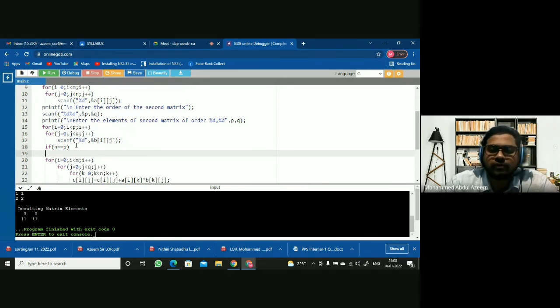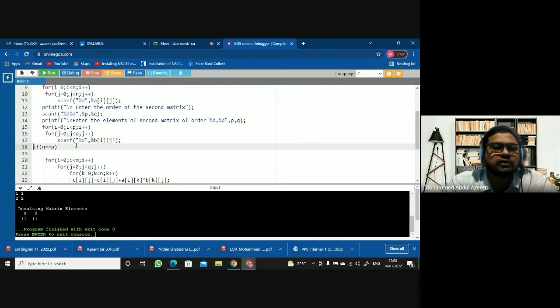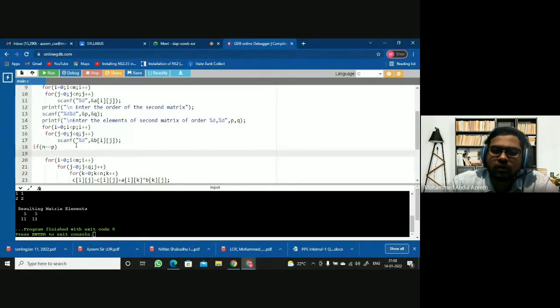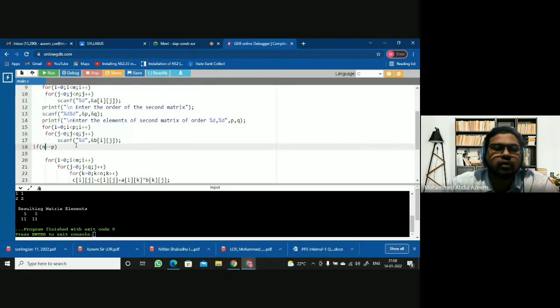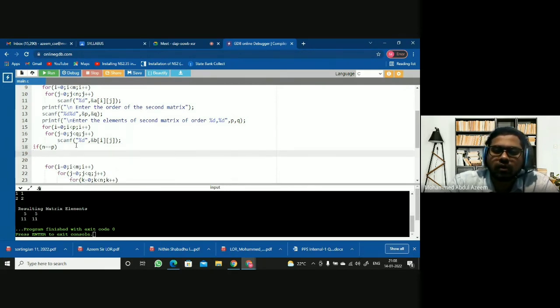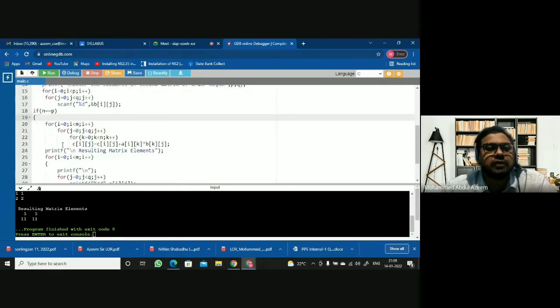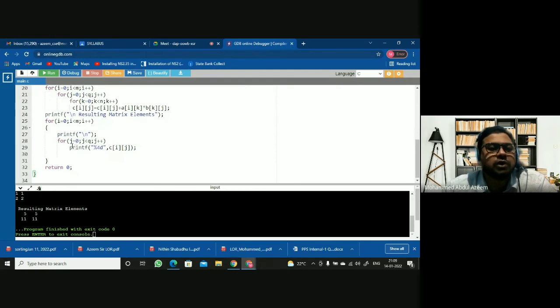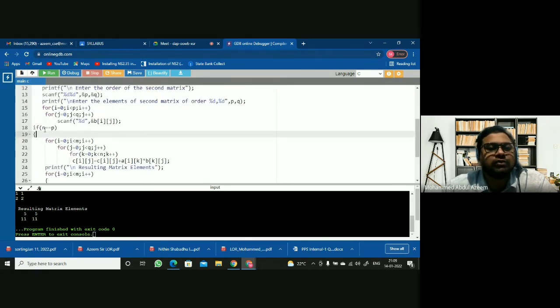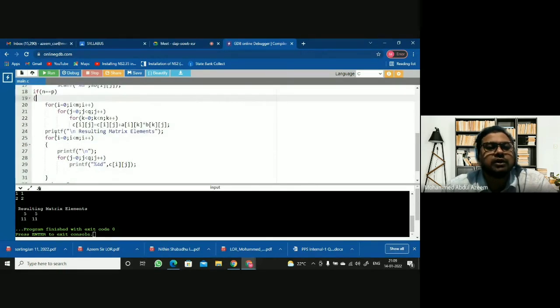Okay, let us take this back. Okay, so you can see here this entire logic, multiplication and printing, is only possible when the number of columns of the first matrix is equivalent with the number of rows of the second matrix.